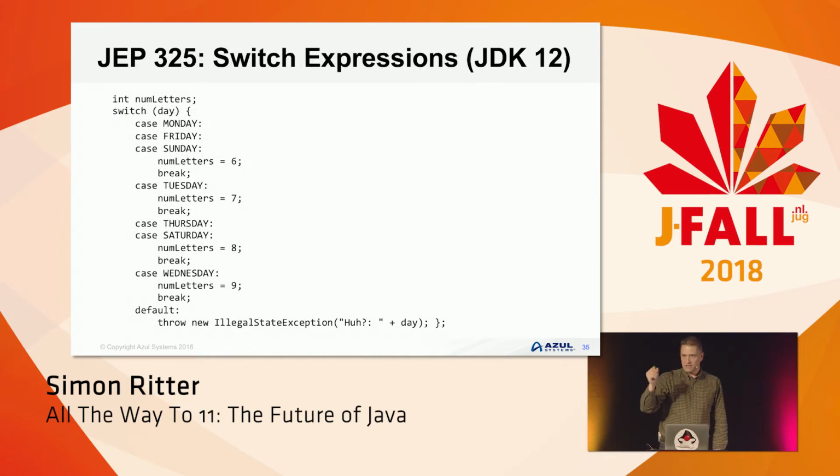The more interesting thing is around switch expressions, because this is a very common pattern for using a switch statement, which is that you switch on one value, and then you want to assign something to another value based on that. So here's an example where we're taking days of the week, and we're switching on a day, and then we want to assign the number of characters in the name of the day to a value. So numLetters equals 6, 7, and so on. Very verbose, lots of lines of code, plenty of opportunity to make mistakes in there.